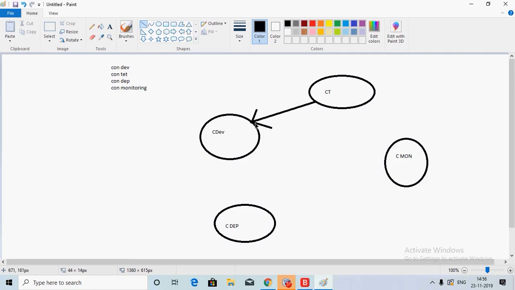So the moment you complete your coding, you give it to testing. The moment you complete your testing, you deploy it. Deploying is nothing but making it live. So from deployment, you start monitoring it, and all these things you want to do continuously, right?